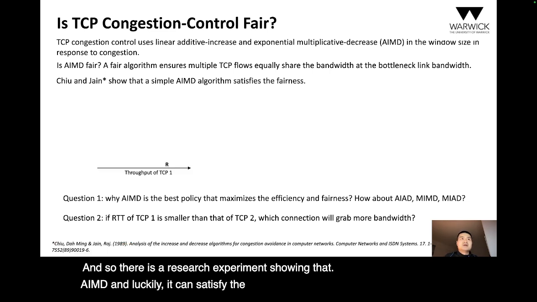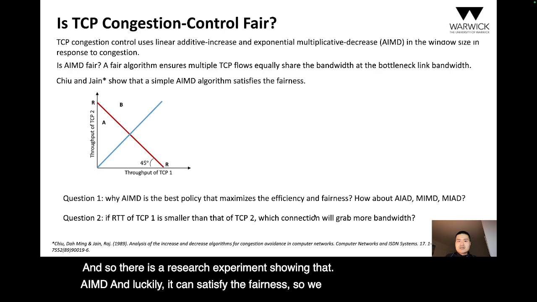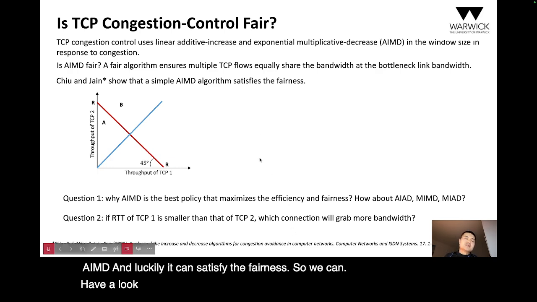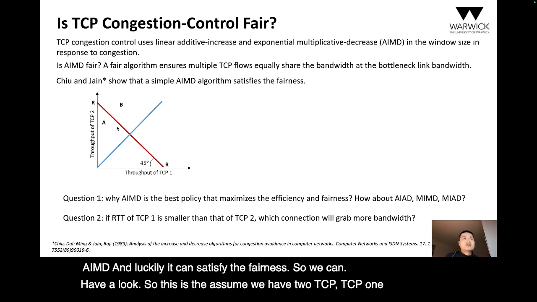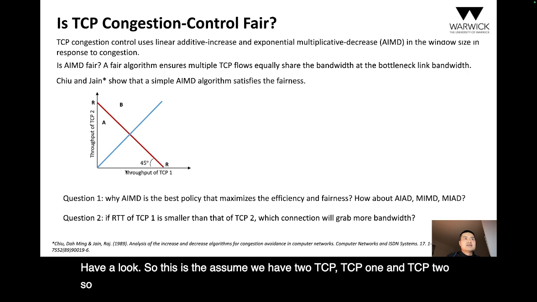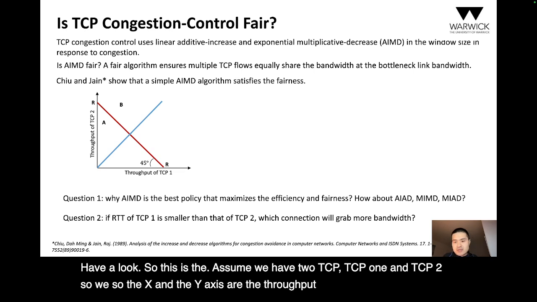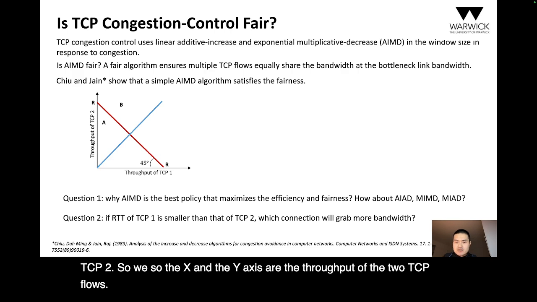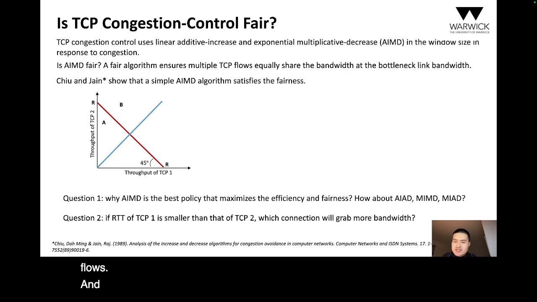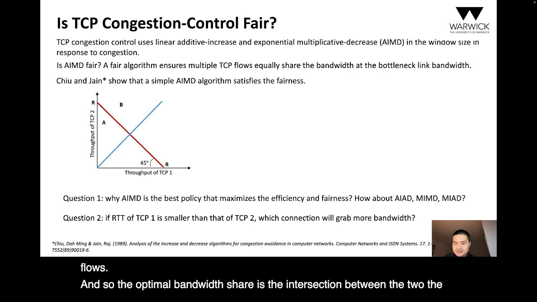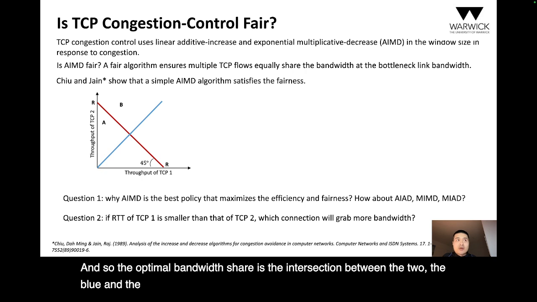So we can have a look. Let's assume we have two TCP flows, TCP1 and TCP2. The x and y axes are the throughput of the two TCP flows. The optimal bandwidth share is the intersection between the two lines, the blue and the red. And the red line here